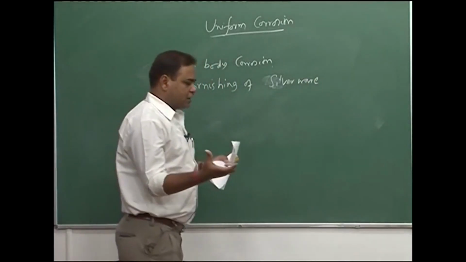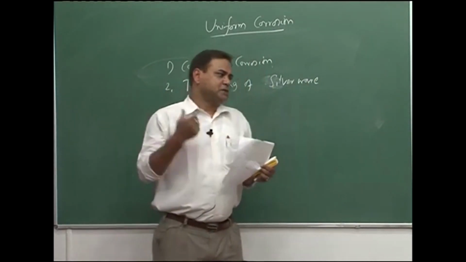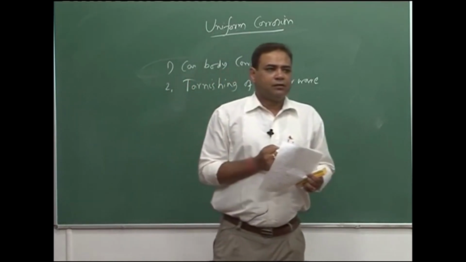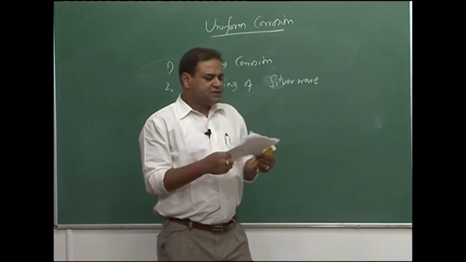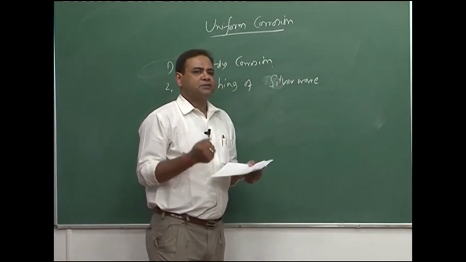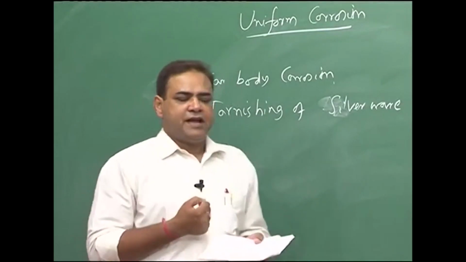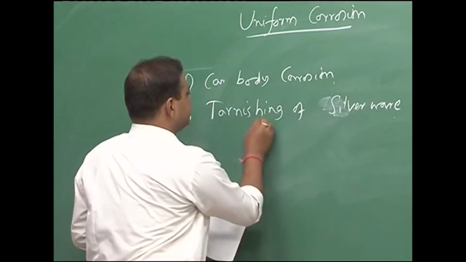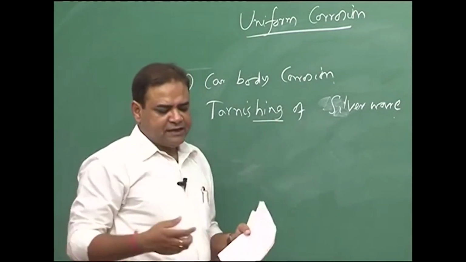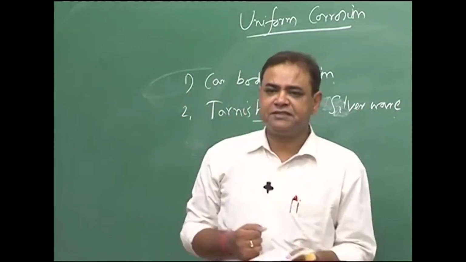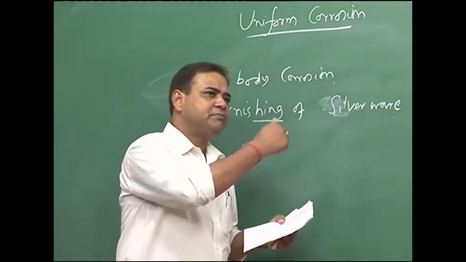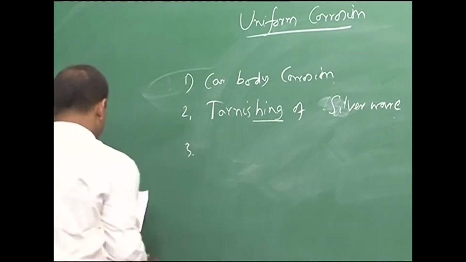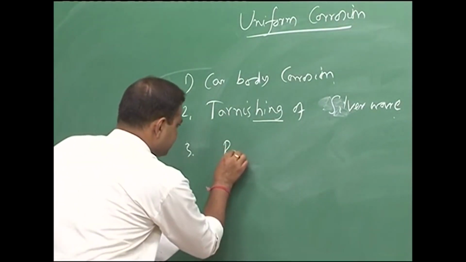Silver bowls and the silver ornaments do get blackened as we use them. This dark black part is, in most cases, Ag2S. That Ag2S leads to tarnishing, which changes the texture or luster, the shininess of the silverware. Now, there could be another example, rusting of steel